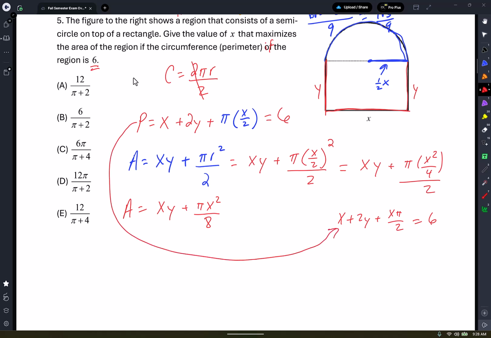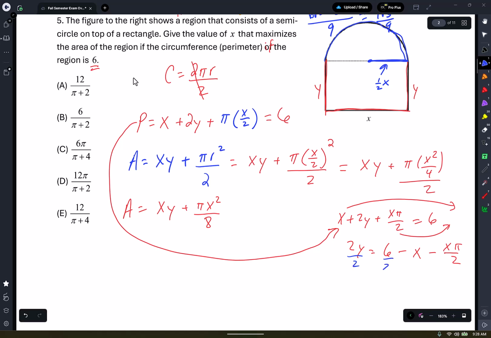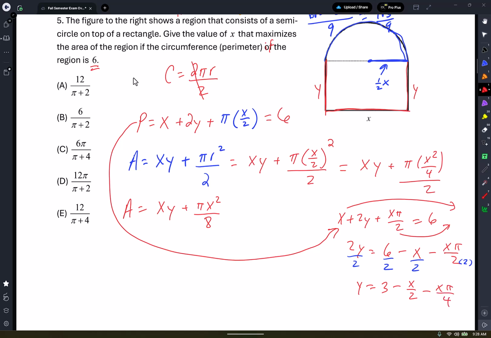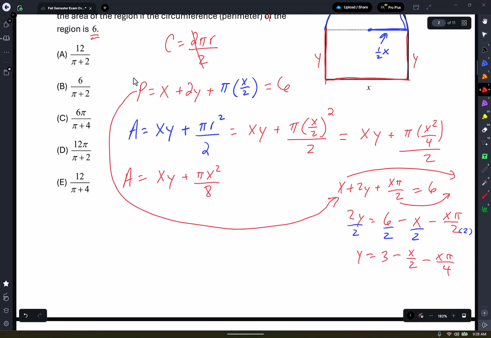And all I'm doing is solving for y. So I'm going to move the x to the right and I'm going to divide by 2. So I'm going to write 2y equals 6, and I'm going to move this one to the right as well: 6 minus x pi over 2. Are we still okay? All right. Divide by 2, divide by 2, divide by 2, divide by 2. So here's what I see. y equals 3 minus x over 2 minus x pi over 4. Plug that into this